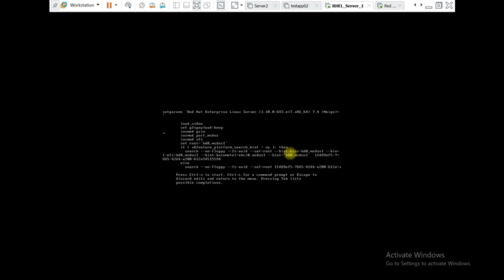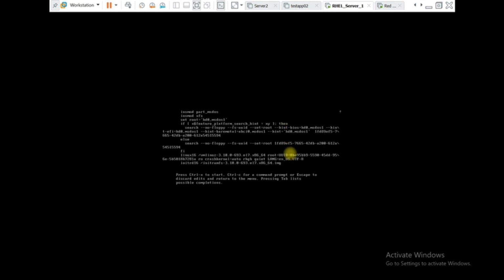So press E, and if you scroll down, you can see this Linux 16, and this is vmlinuz, which is the Linux kernel, and here you can see the location of initramfs, so these are the two things inside the grub.